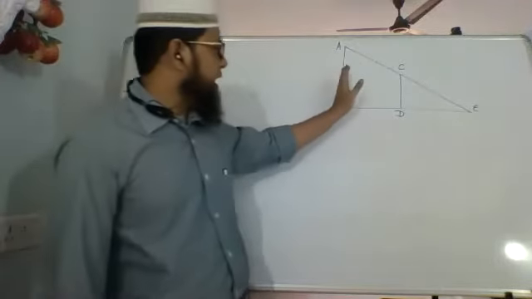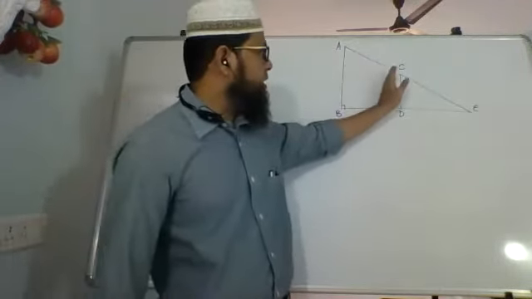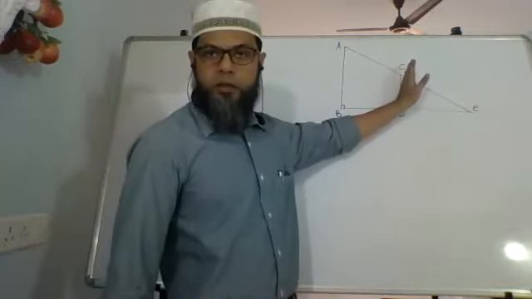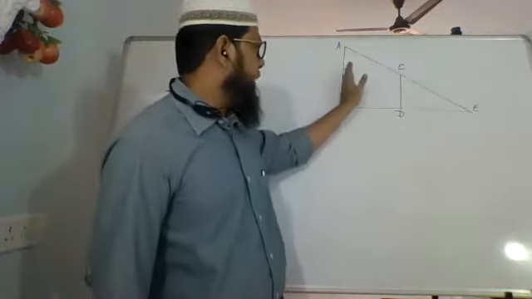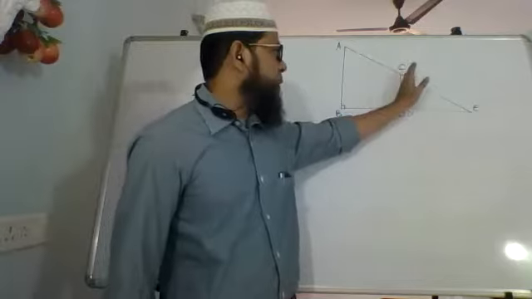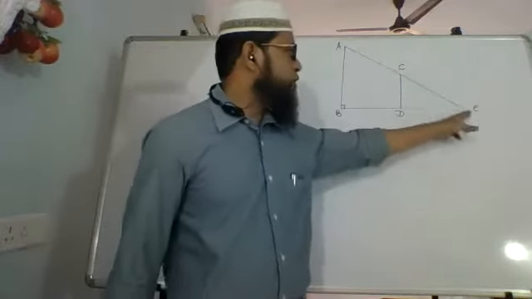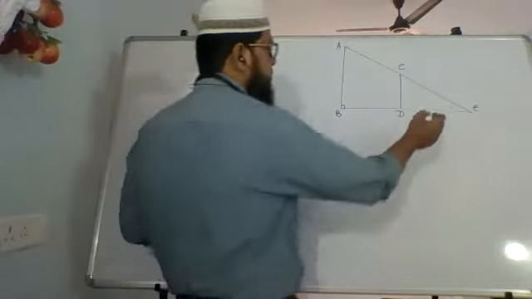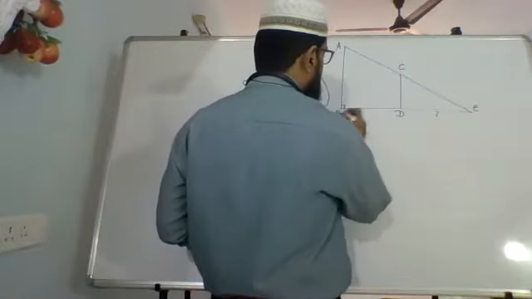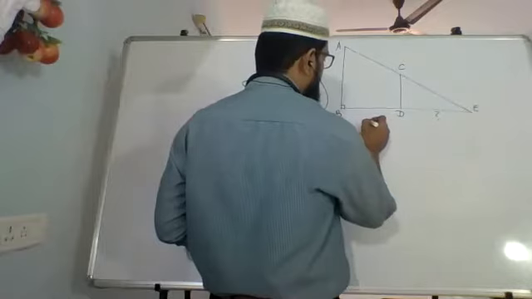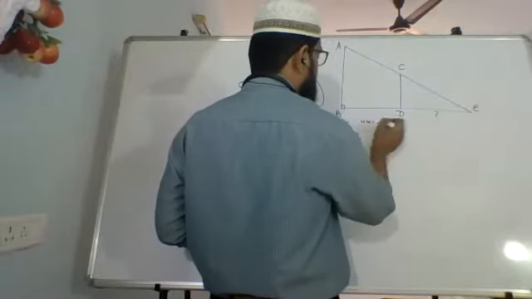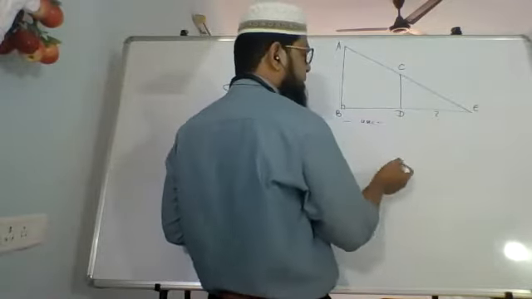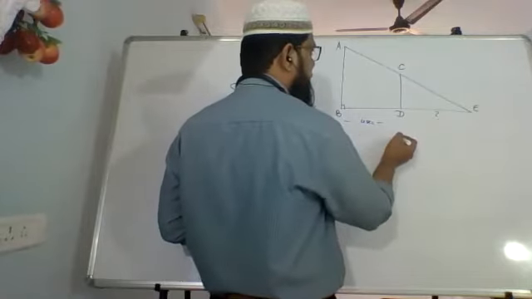Okay, so the girl starts walking from here and she comes over here after 4 seconds. So she walks and reaches here in 4 seconds, and her shadow will fall here. What we have to actually find out is DE. This distance has been traveled in 4 seconds, but we are not interested in 4 seconds. In every second she is traveling 1.2 meters.